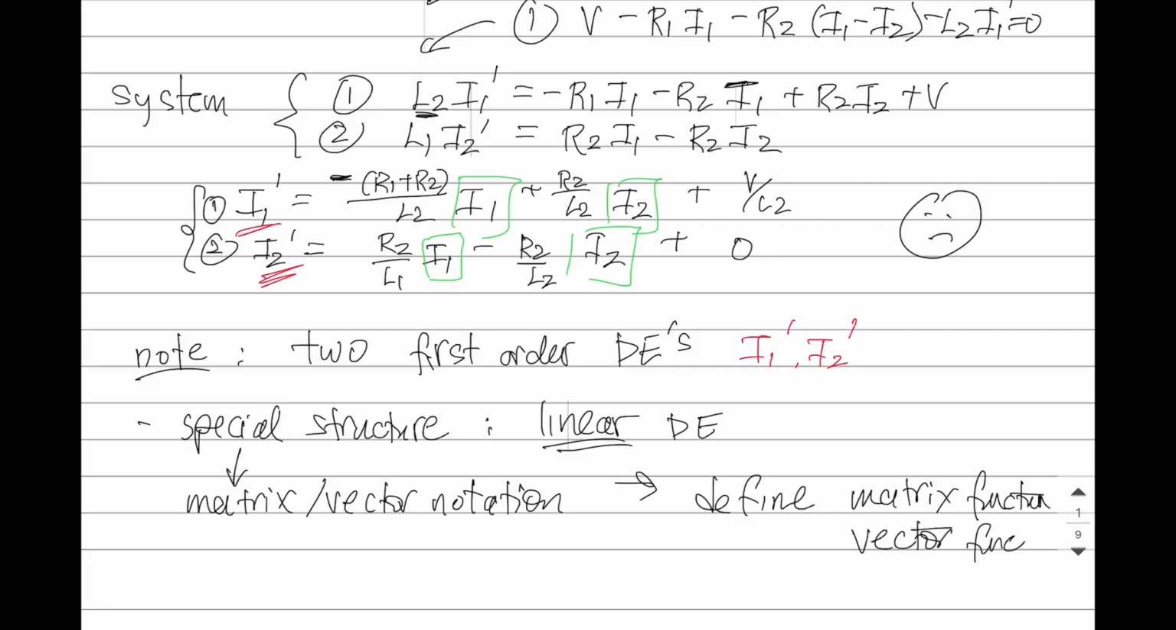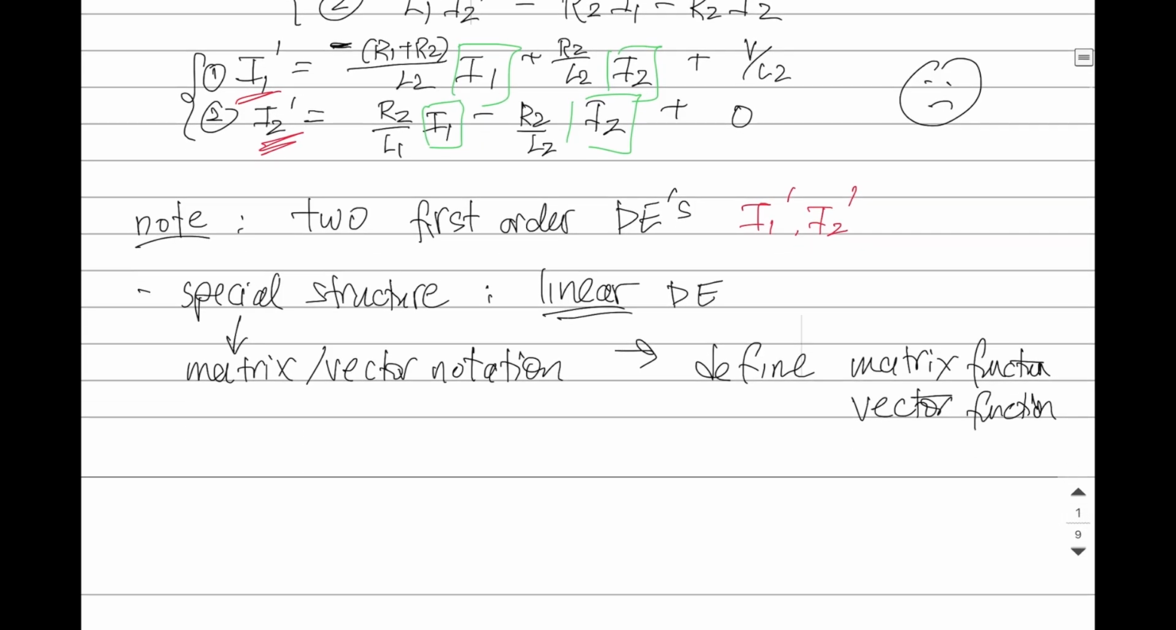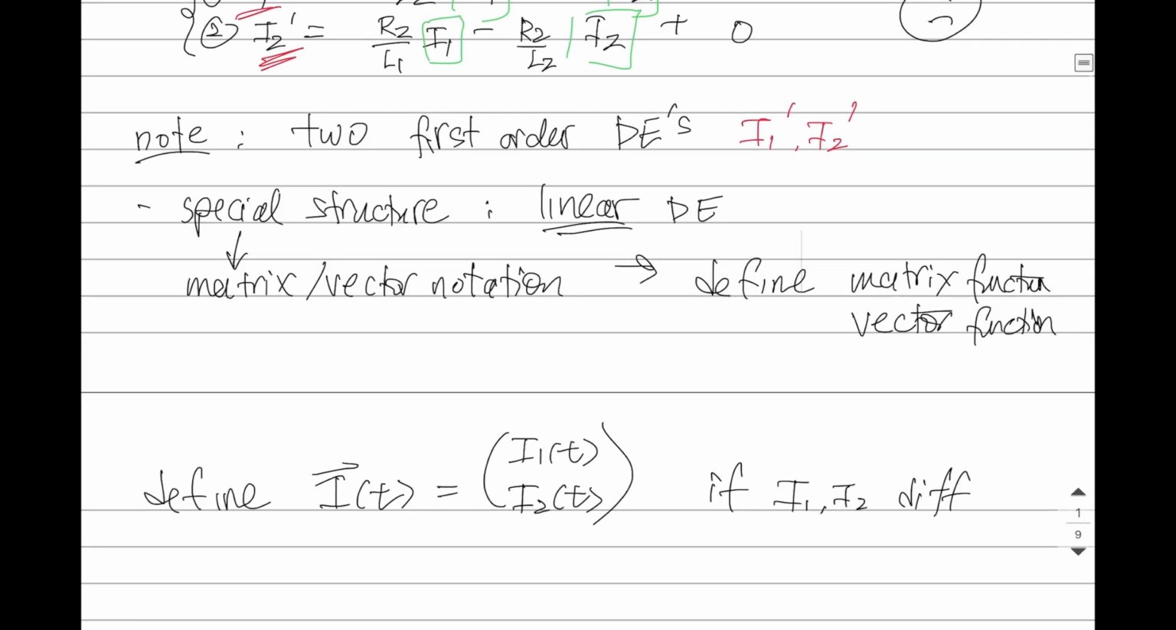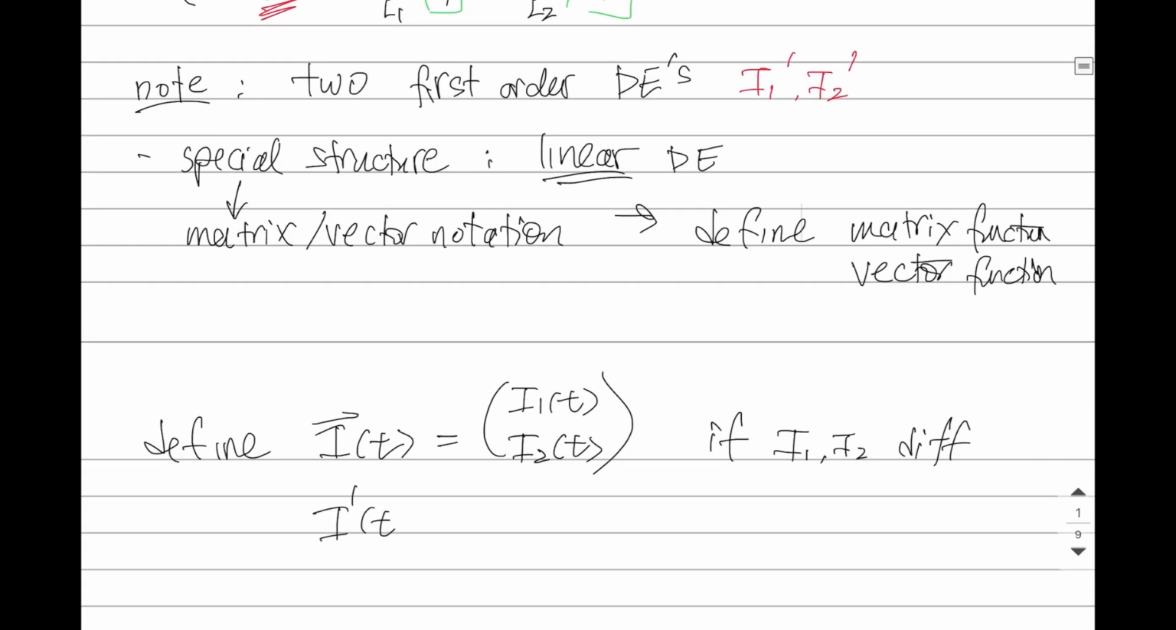Because remember that I1 and I2 are functions. So let's take the vector I of t and say that it's comprised of these two components, I1 and I2. If the I1 and I2 are differentiable, then what I can do is define the vector I prime as just the derivative of all those individual components. Now, the other thing that we can define is a